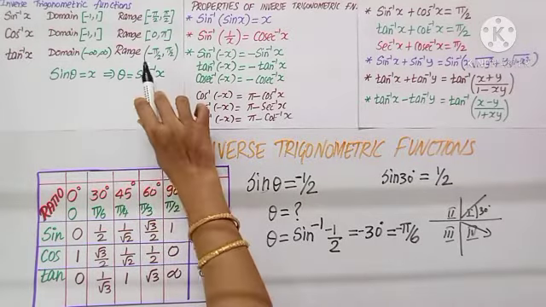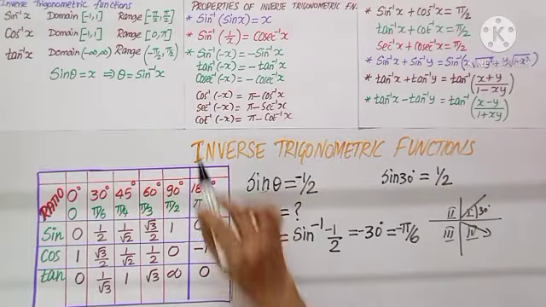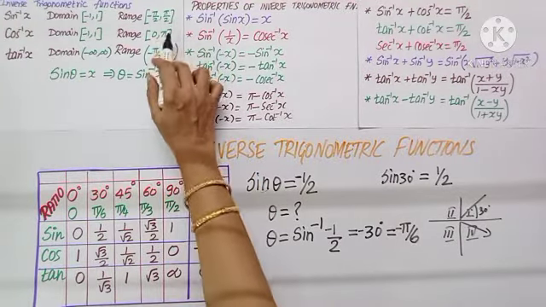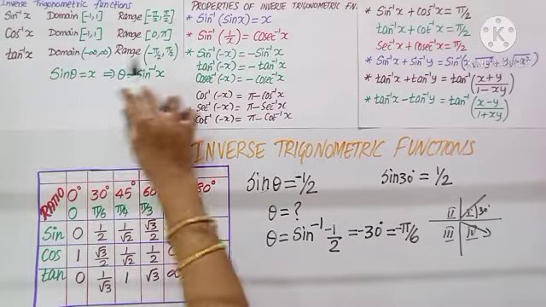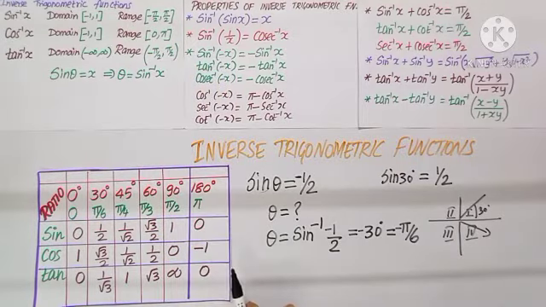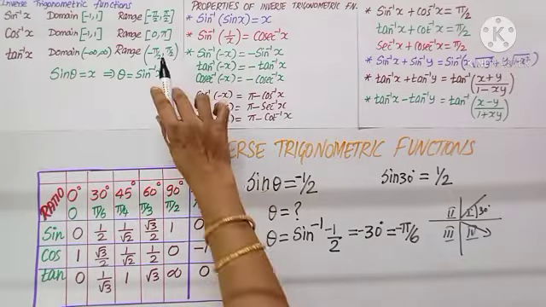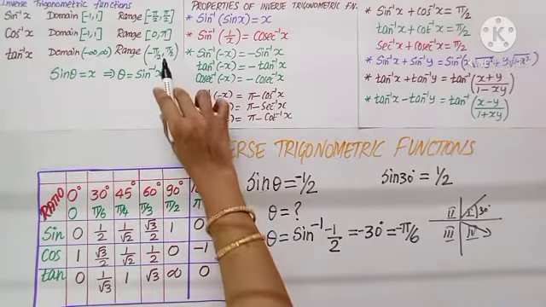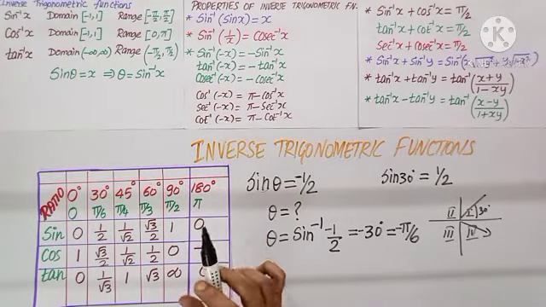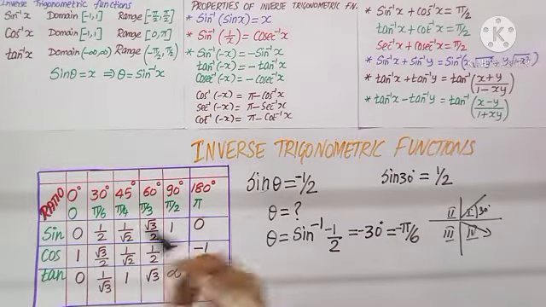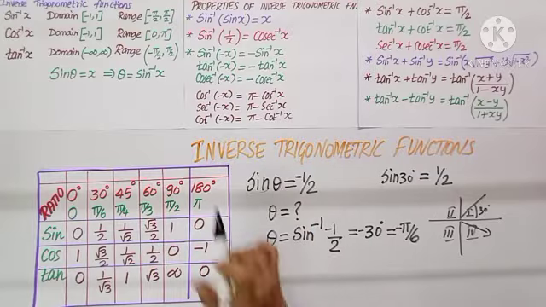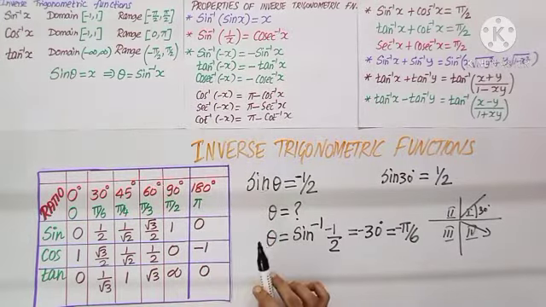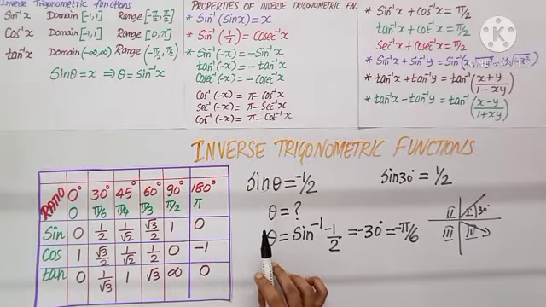Tan inverse also has minus pi by 2 to pi by 2. Notice the change. In sine inverse, I put a closed interval, whereas in tan inverse, I put an open interval, because when pi by 2 comes, tan will become undefined. So, pi by 2 should not be included. Only the values from minus pi by 2 to pi by 2, but not the end values. Remember these things for one word or adjective type questions.